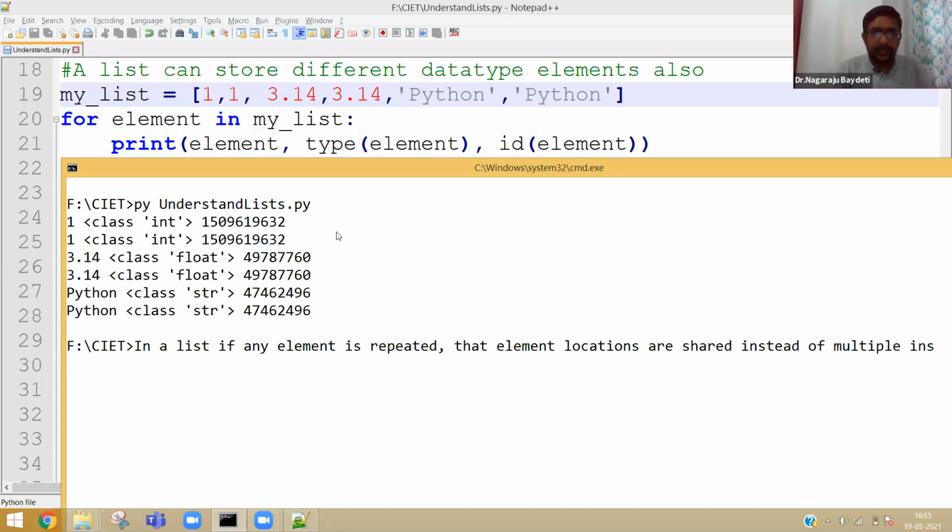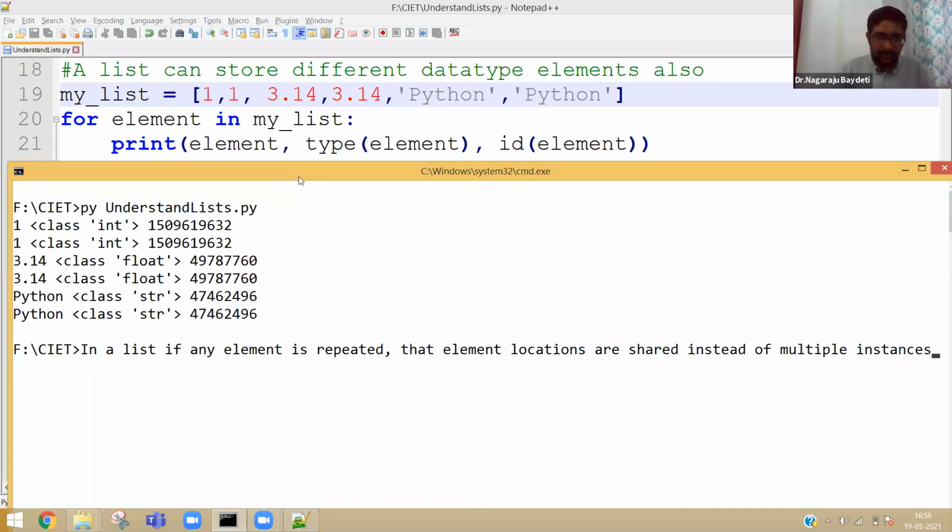In a simple line, I have written, instead of multiple instances, they are shared. So let me take the screenshot.